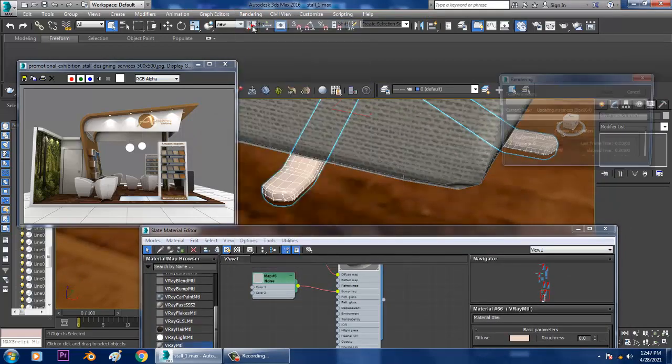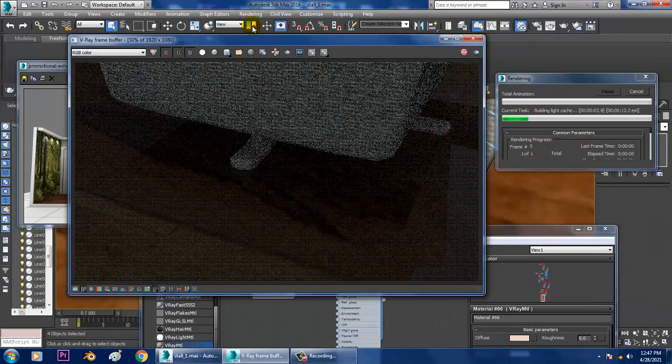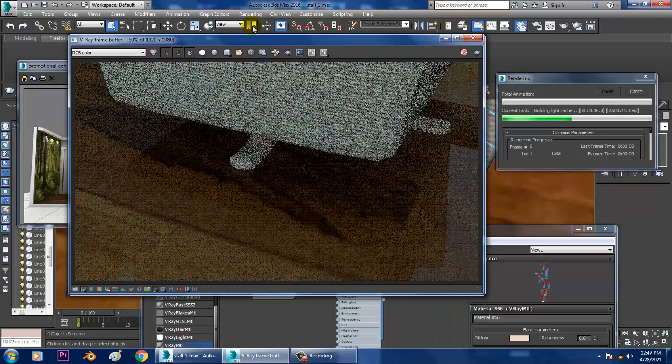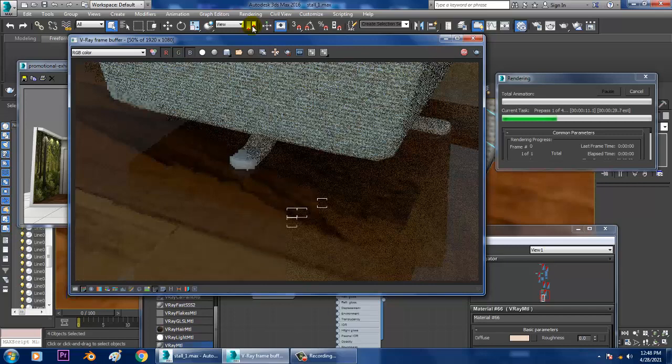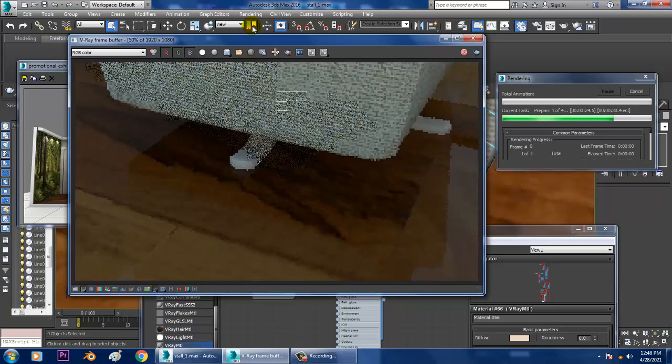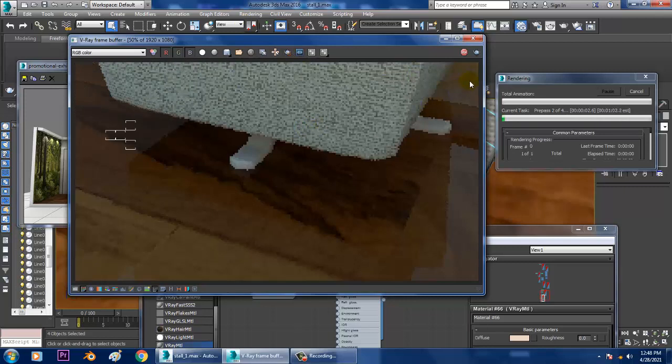So let's go into rendering and let's check how it looks after the rendering. I can go into this.